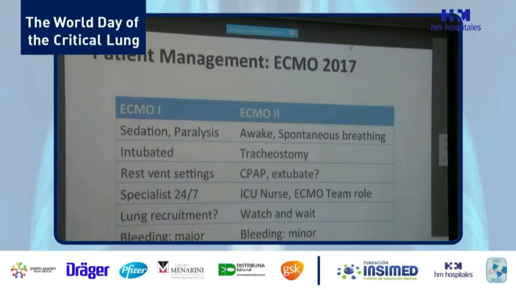The bedside personnel have gone from a specialist at the bedside 24/7 to being incorporated in ICU care with nursing. Lung recruitment is probably still a watch and wait. That means that when you have that dense infiltrate and atelectasis on the chest x-ray, we wait for that x-ray to clear and then begin recruitment. And then the hope is that bleeding complications